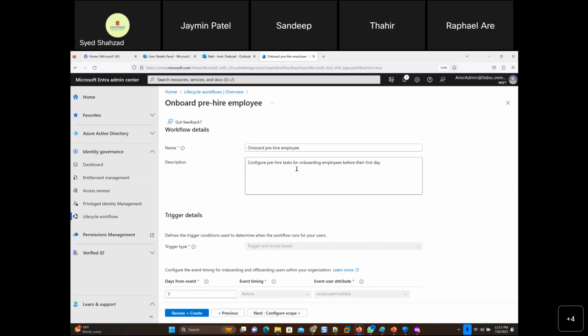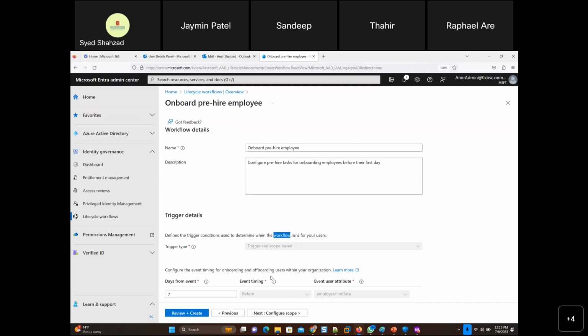Before hiring, what tasks do you want to apply? Trigger details defines the trigger conditions used to determine when the workflow runs for your user. A workflow is something you're automating, something that otherwise you would have to click, click, click, click. So you're avoiding that manual work, and you're putting something in place that happens automatically.